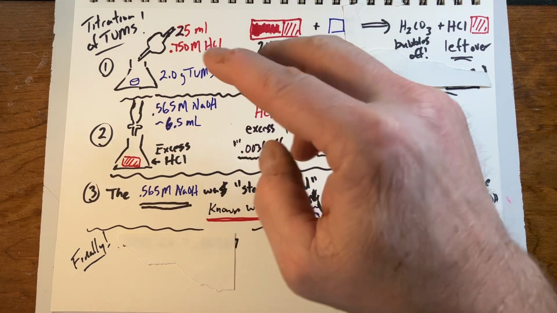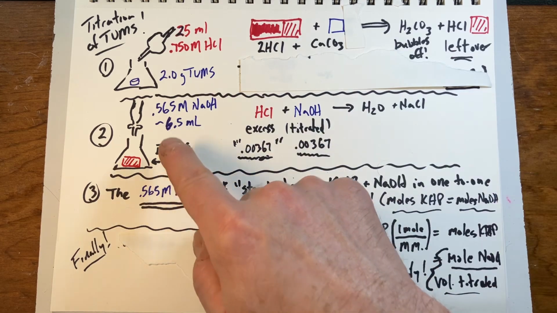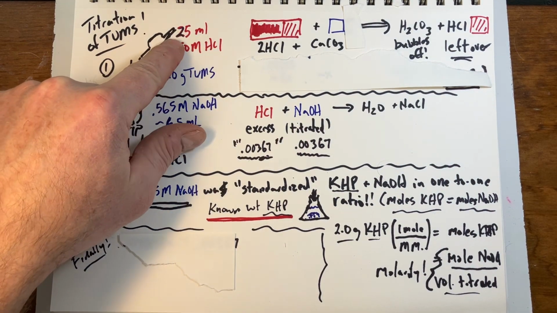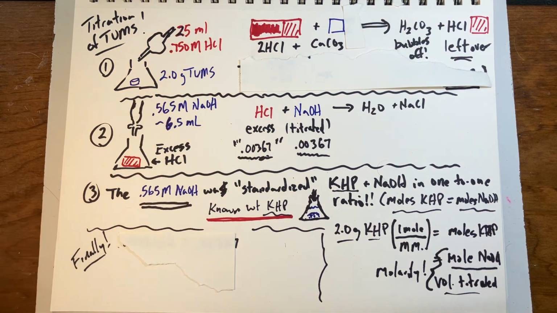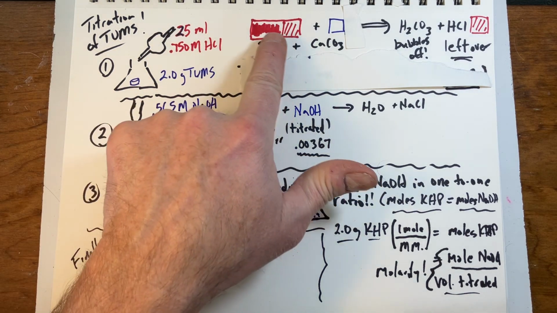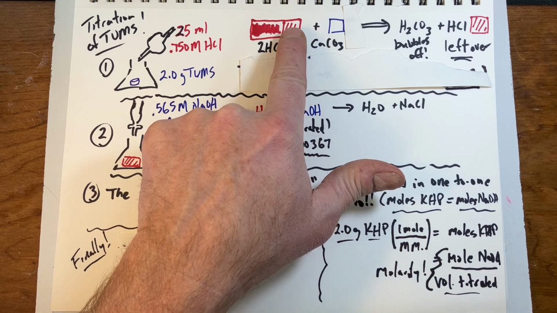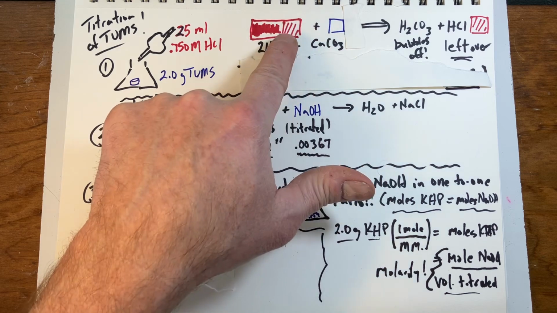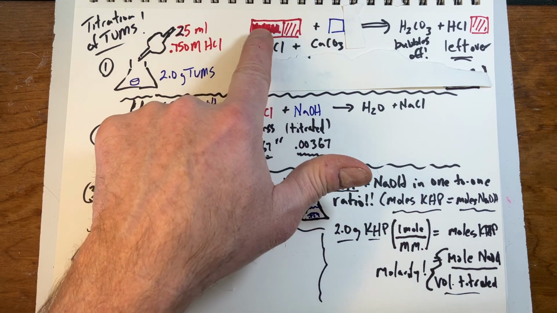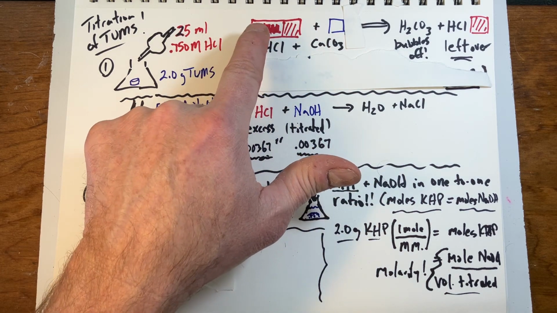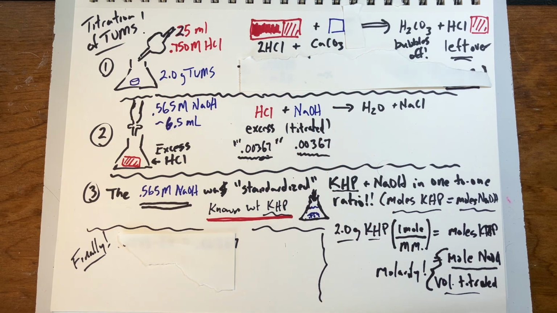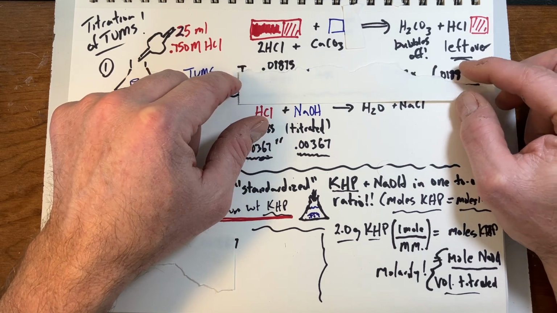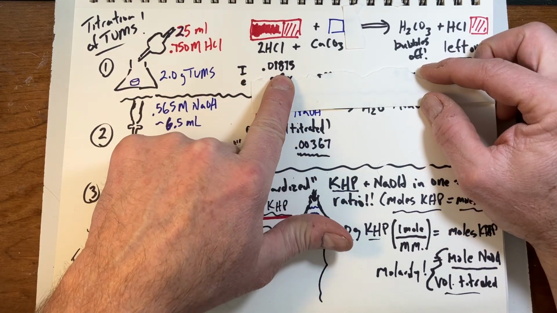Let's go back then to number 1, because if I know this, I'm going to be able to plug it in here. We have, for certain, at the initial point, an excess of HCl, and we don't know how much of this is excess and how much was used. But because we know the excess, this block that's dashed, we'll be able to know the block that's shaded in. If we know that, then we'll be able to know the calcium carbonate. Let's just do it using the ICE table. So I know at the very beginning, I have